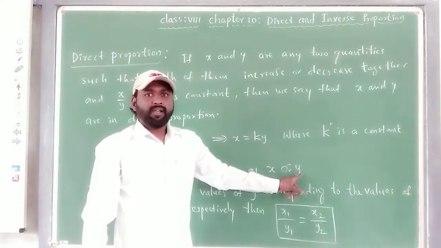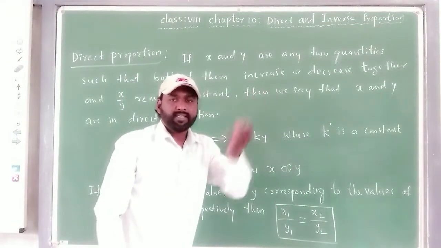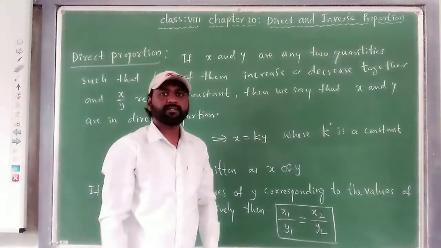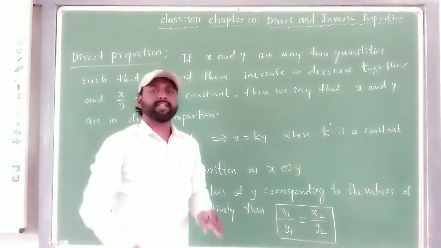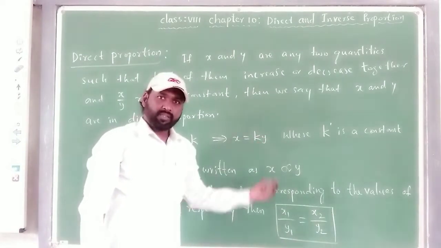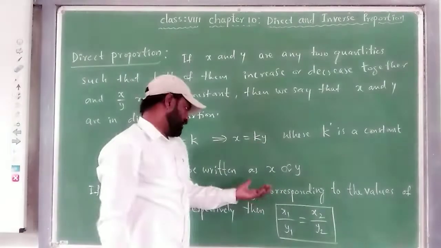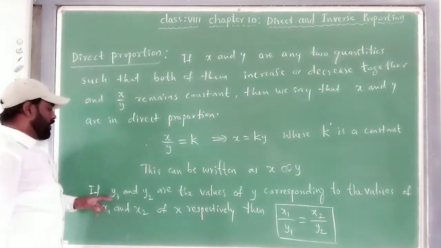When the quantity x increases, in the same ratio the quantity y also increases. If x decreases, y also decreases in the same ratio, then we say both the quantities x and y are in direct proportion. If you compare